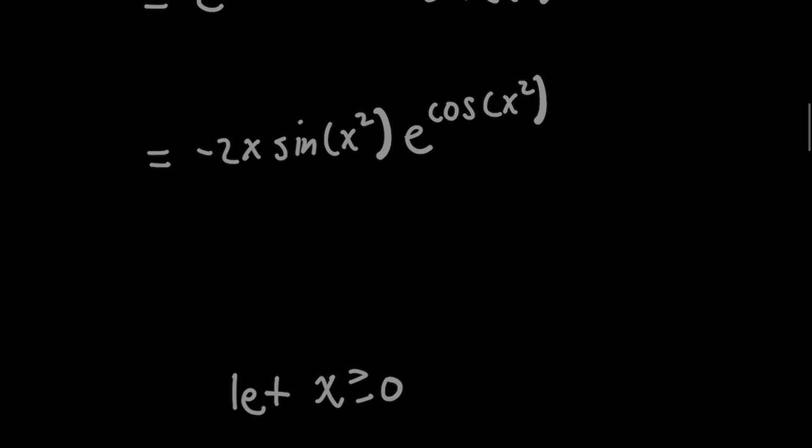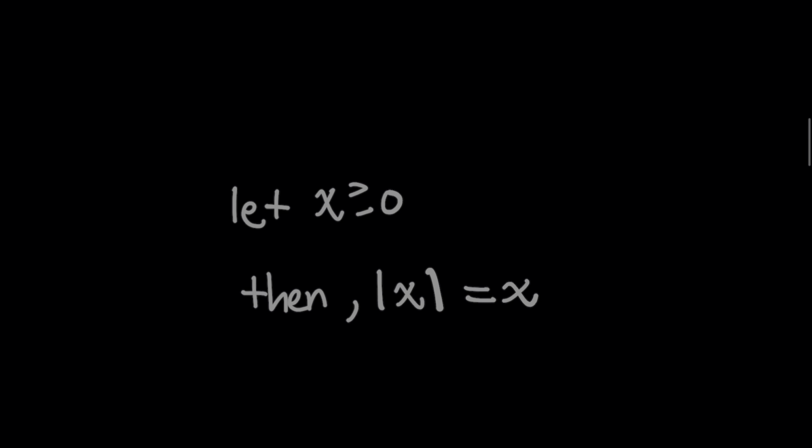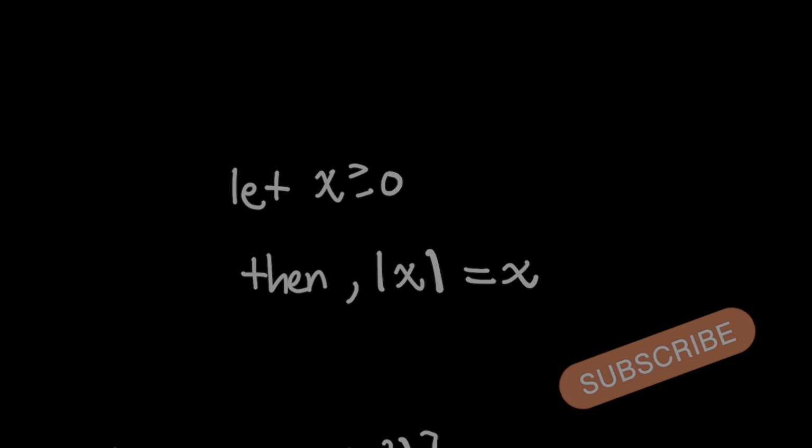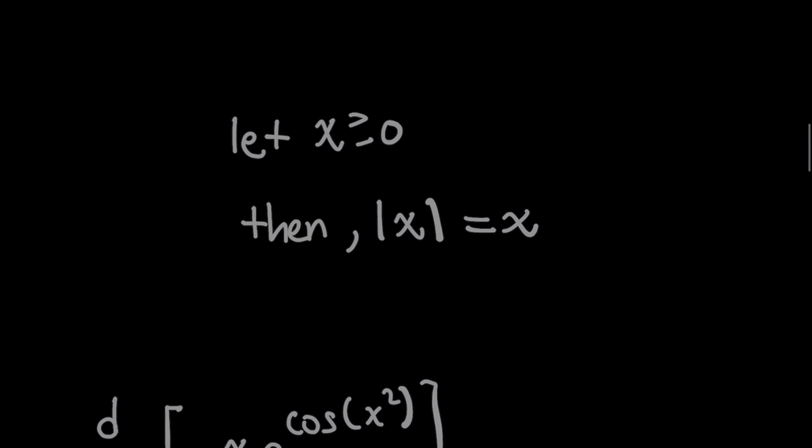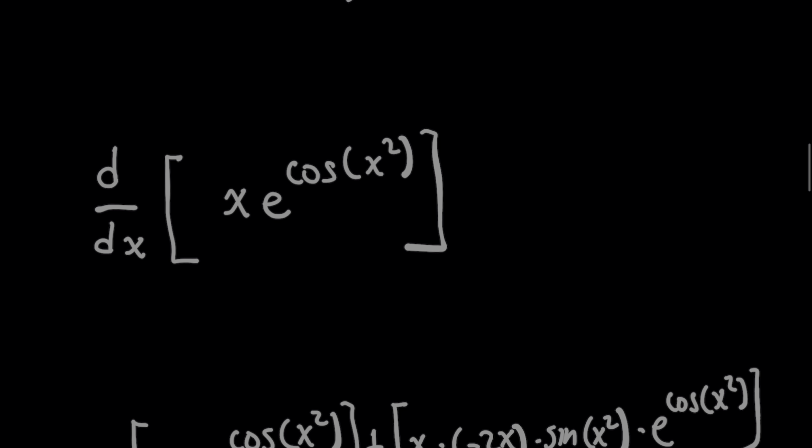Okay, now going back to the absolute value, I want to work with case 1. What if x is greater than or equal to 0? If I restrict the domain in that way, then we know that with the absolute value, I can simply drop the absolute value altogether, because for a non-negative number, the absolute value isn't going to do anything. So rewriting the original problem we're solving for the case where x is non-negative, now we can easily use the